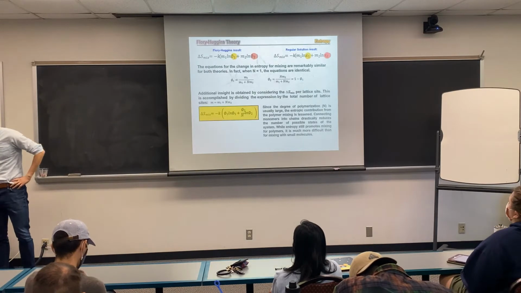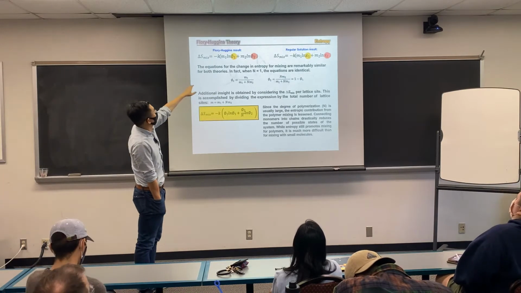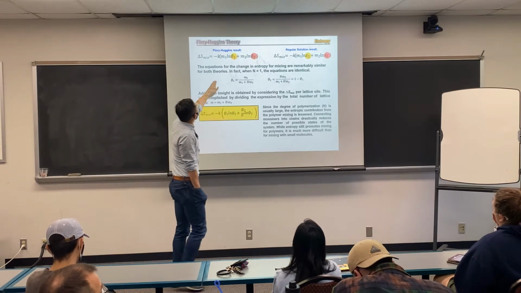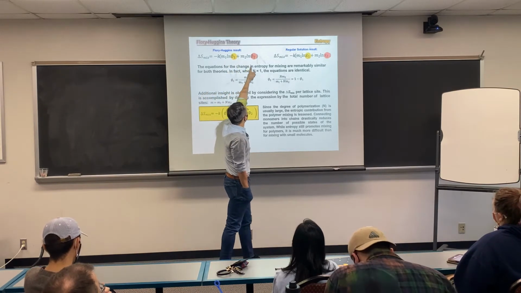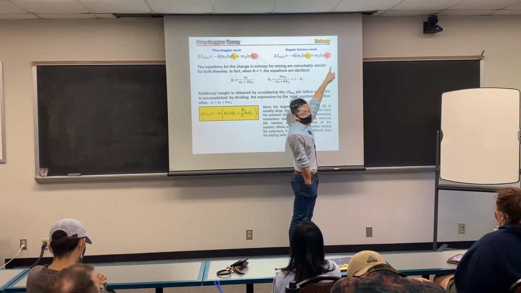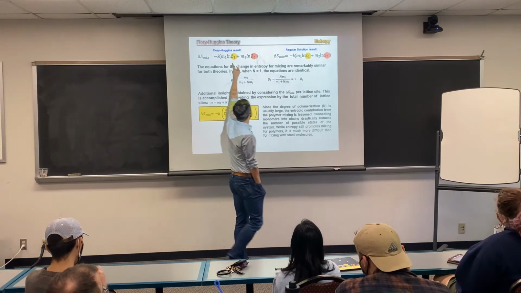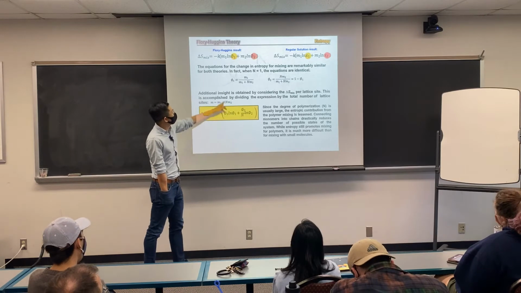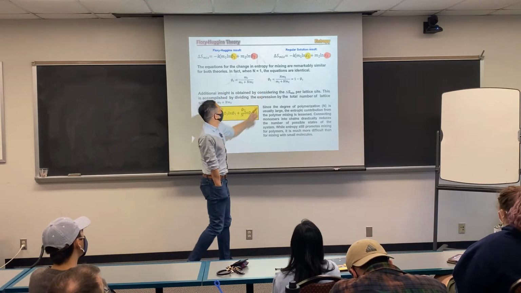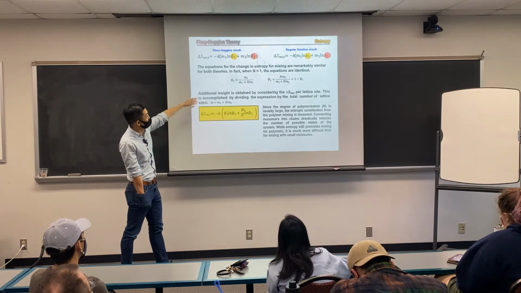But the differences start to deviate when we look at the top. The delta of mixing in this will be considered in terms of phi 1 and phi 2. In the lattice theory, it's considered x1, x2. These are with respect to each individual state. This is volume fraction. This is also volume fraction. But because phi 1 and phi 2 are defined differently, if we normalize the lattice sites, okay, this is